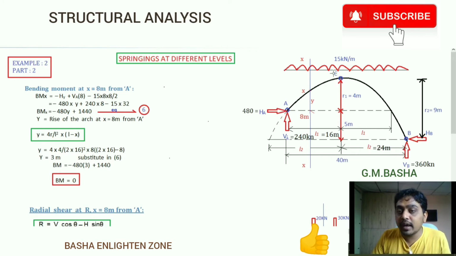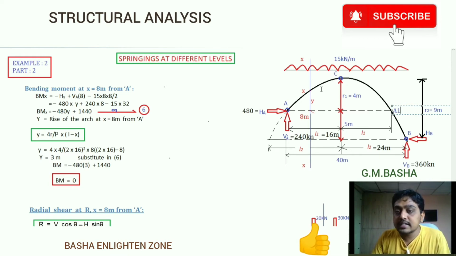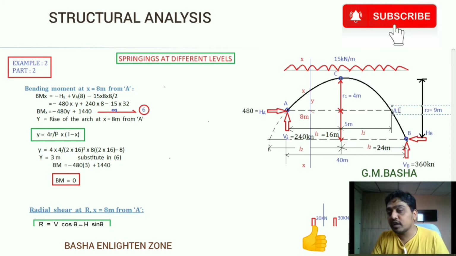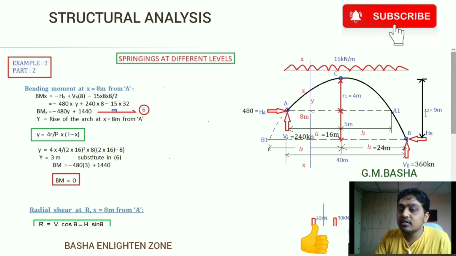So see here, this will be A, C, and I am denoting one more point here for the highest point of the arch. I am denoting it with A1. So A C A1, which is the highest point of the arch up to the rise value equal to 4 meters, and I am denoting this point B1. So B1 C B is taken from the lowest level of the arch. Okay, A C A1 is the highest level of the arch, that rise will be equal to 4 meters, and B1 C B is the lowest level of the arch, that rise will be equal to 9 meters.